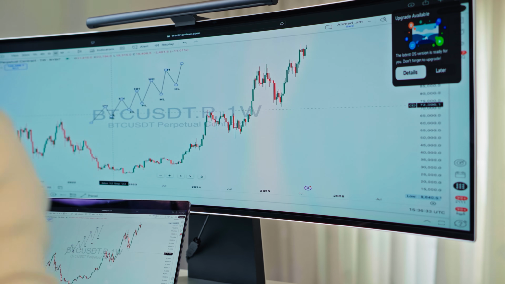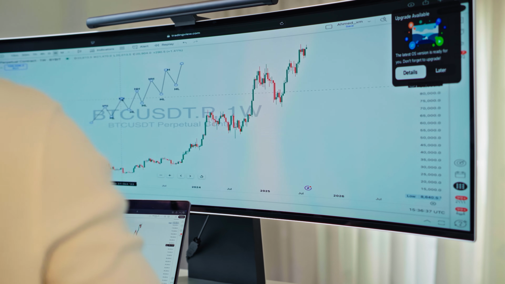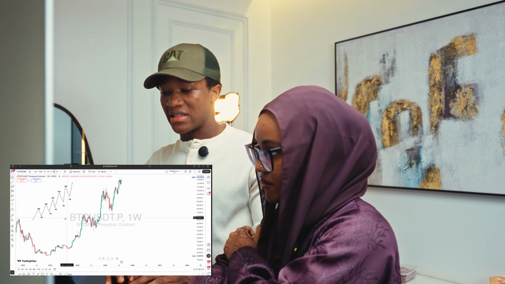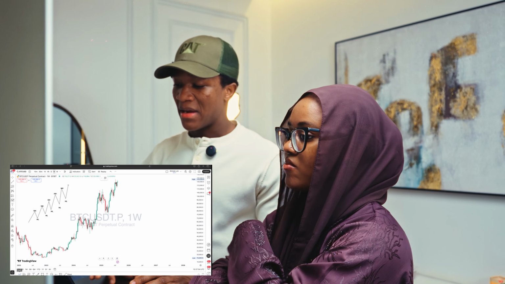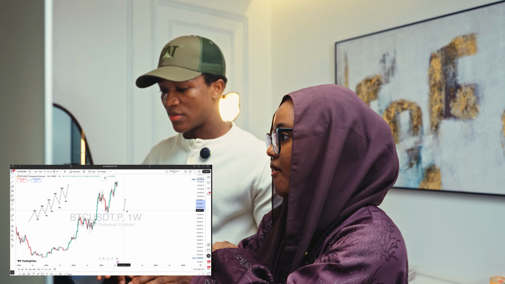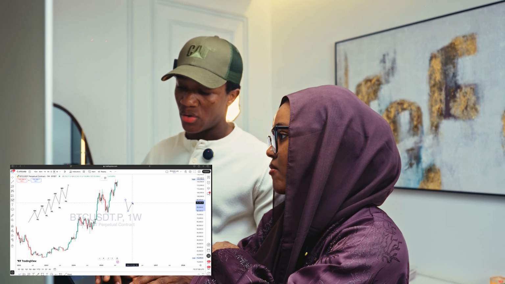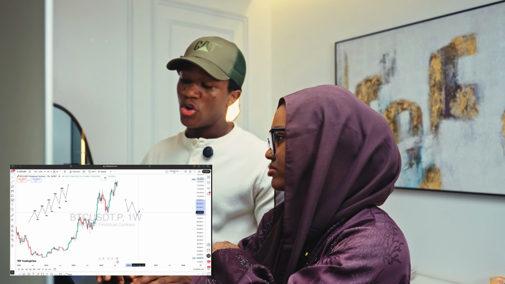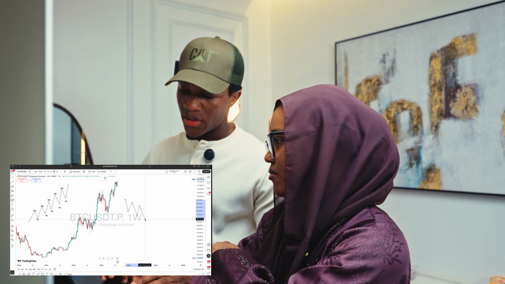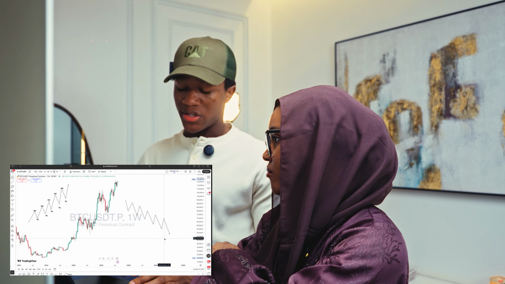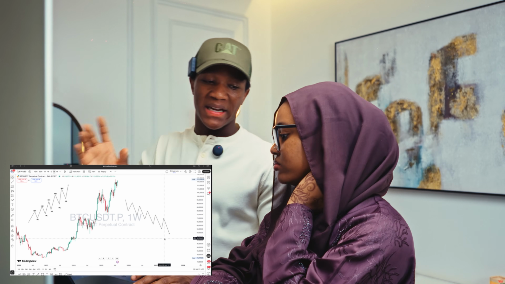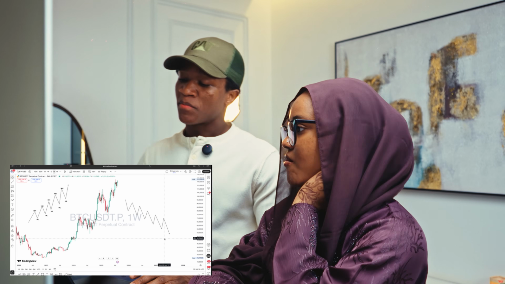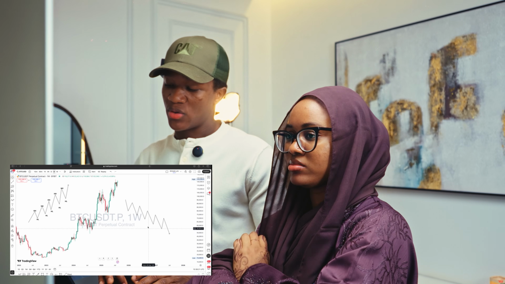then buyers will now push the market to the upside. Good. Now let me give you an example of the market moving in a downtrend, right? Market moving in the downtrend gives you something like this: lower high, lower low, lower high, lower low. In general, what you should pay attention to is that if the market is going to the upside, the moves to the upside will always be bigger than the retracement. The same way applies to a market that is going to the